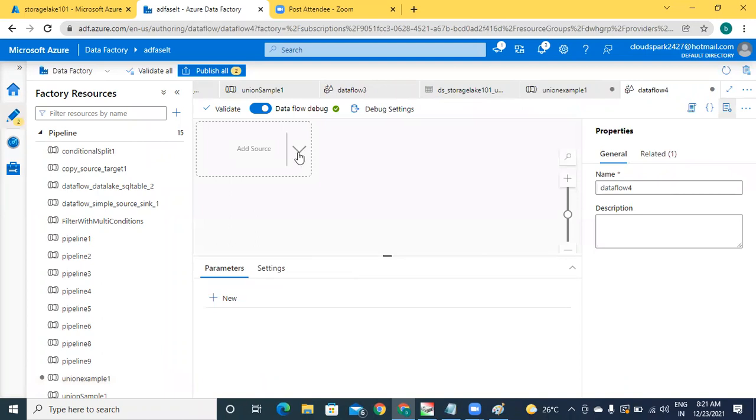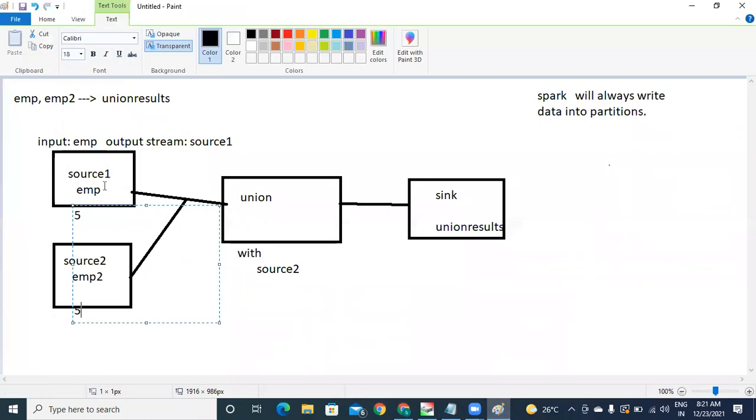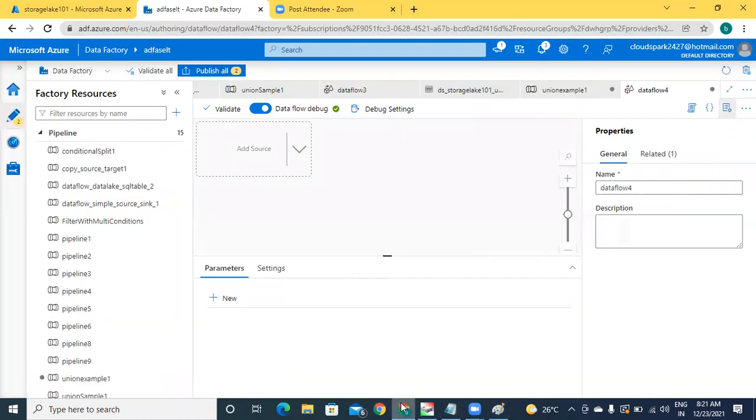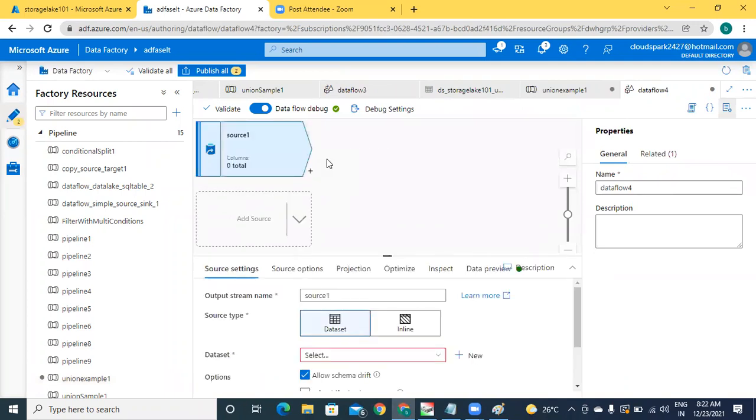Here it is asking for a source. For this source, the first source EMP I will be adding. Please check it now. Add source. Okay. The data set you need to configure. The output stream is source 1 for this.